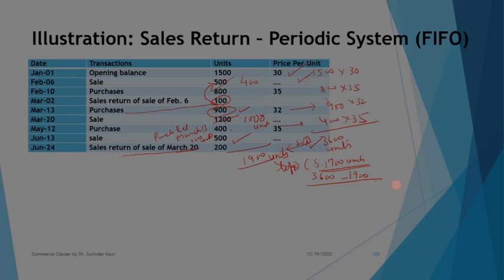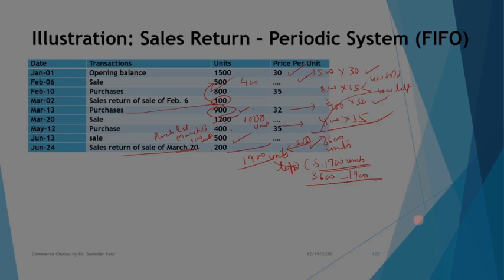If we are having, say, FIFO system, it means the units must be sold from the initial lots. So if you are selling 1900 units, you will be selling this lot fully and 400 units from here. So 400 are sold, so remaining 400 must have been left. So these are left and this lot is also left. So your closing stock is from the latest lot. So this lot 400 plus 900 plus 400 making up a total of 1700 units.